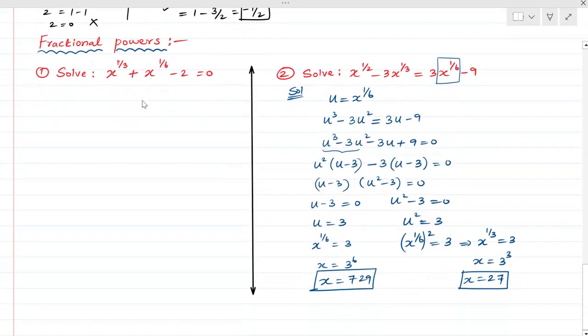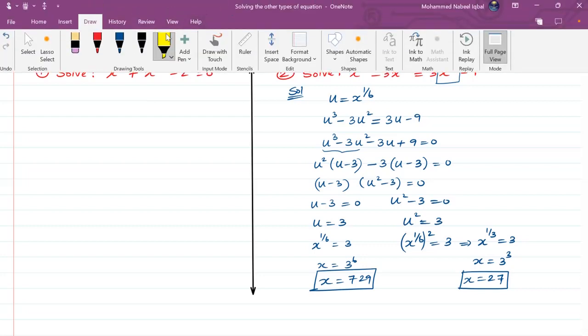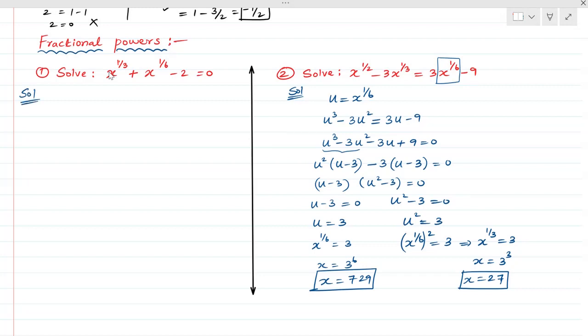Similarly, the last type of problem is the rational fractional power. So you will have a rational power here in the equation. How will you solve this one? You cannot solve directly. I have to take the larger denominator of the fraction, so I will take this part as u. U is equal x to the power 1 over 6. So what is u square? If you square it on both sides, u square becomes x to the power 1 over 3. So the whole equation becomes